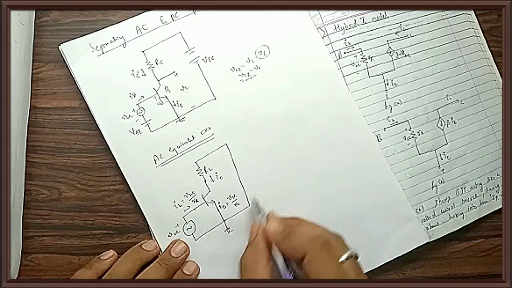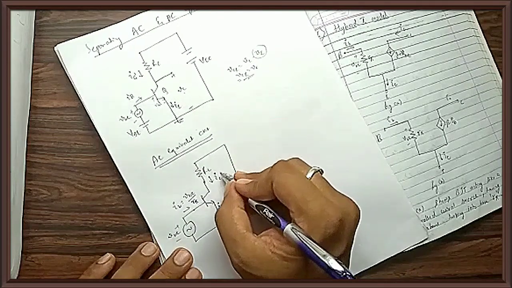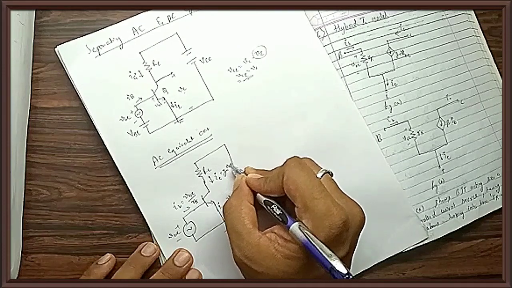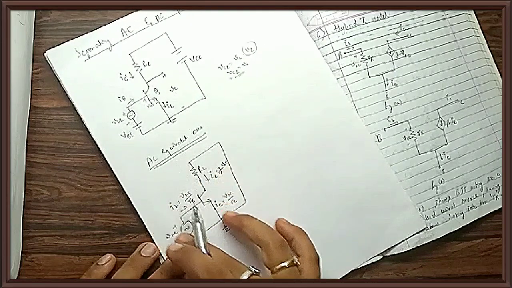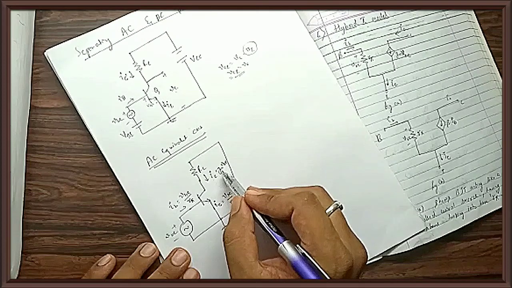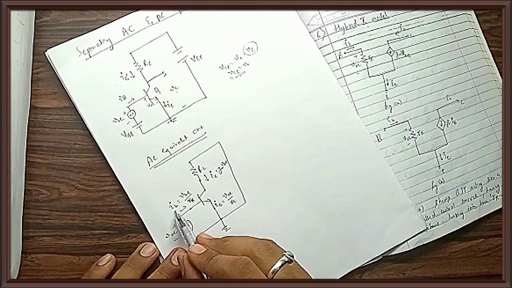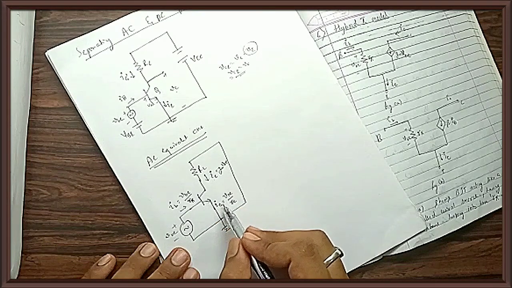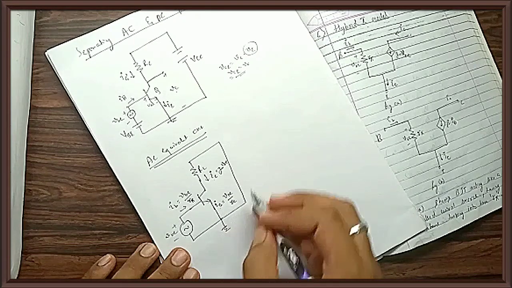So this will be my AC equivalent circuit. And this ic is what? gm into vbe. So this is my AC equivalent circuit. Why? You can see that the collector current has a gain term, that is the transconductance term, gm into vbe, and the input current will be vb by r pi, and the output current will be ic, and the current flowing to ground will be ie, which is equal to vb by re.